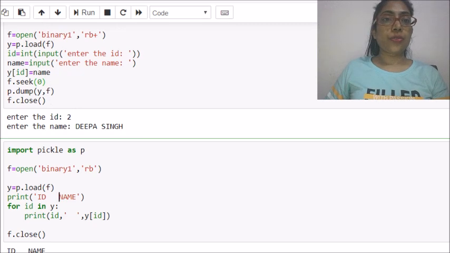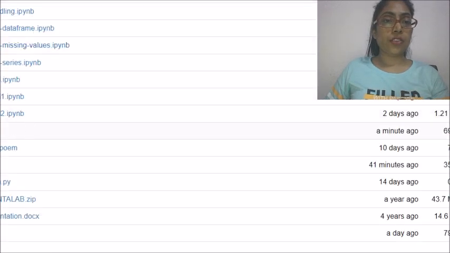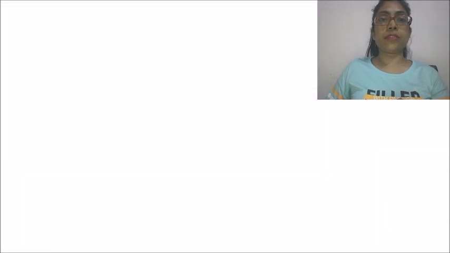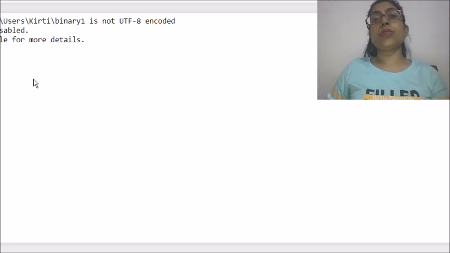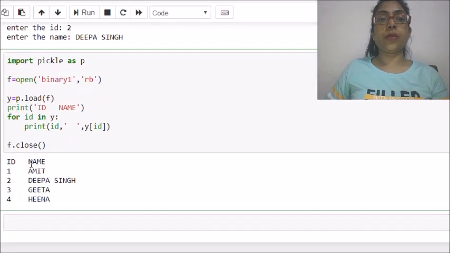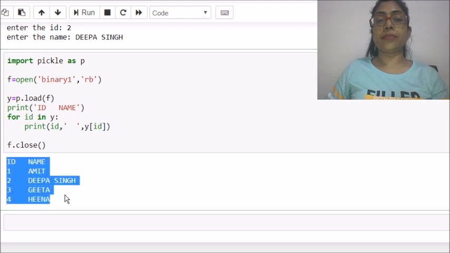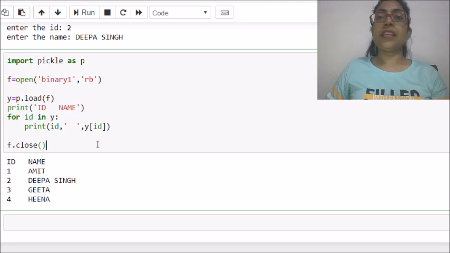I can show you again the file which was created in the system, binary1, which we are not able to see. You can see it is not showing the data which I wrote in the file, but when I print it here, the whole data is displayed. This is how binary files work. So let's practice up to this portion.